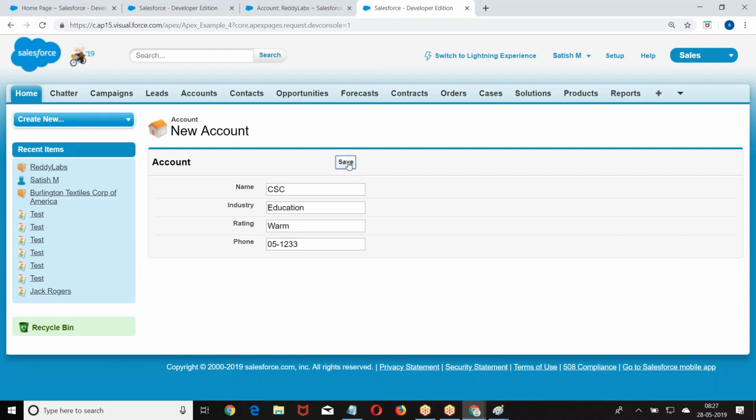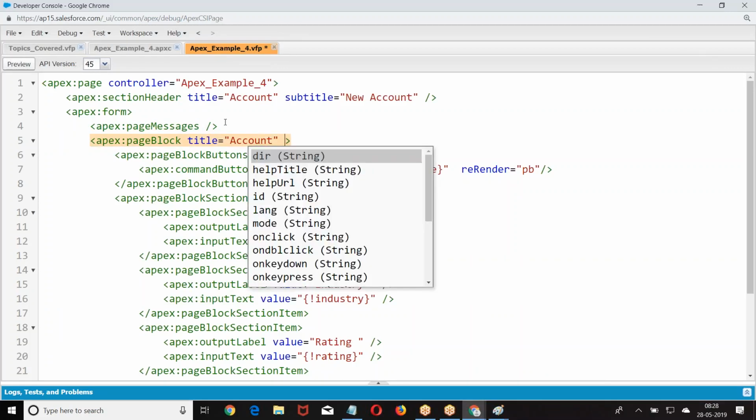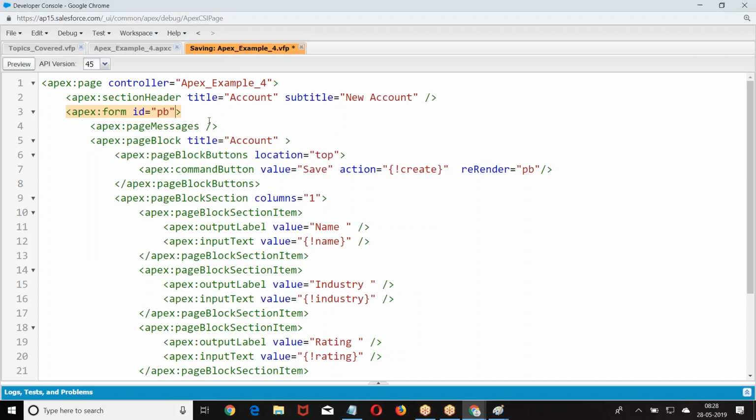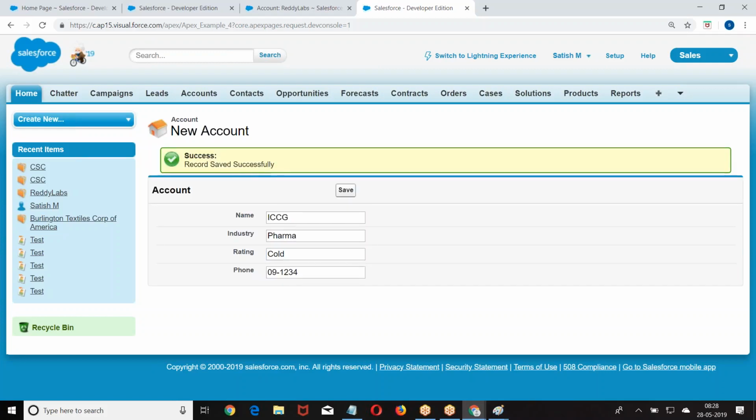When I click on save, what happened here?